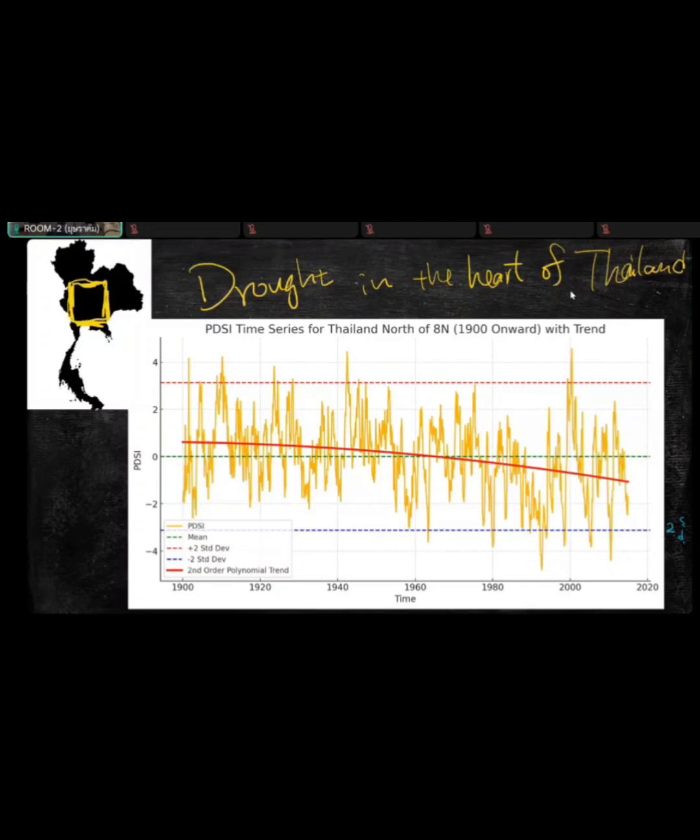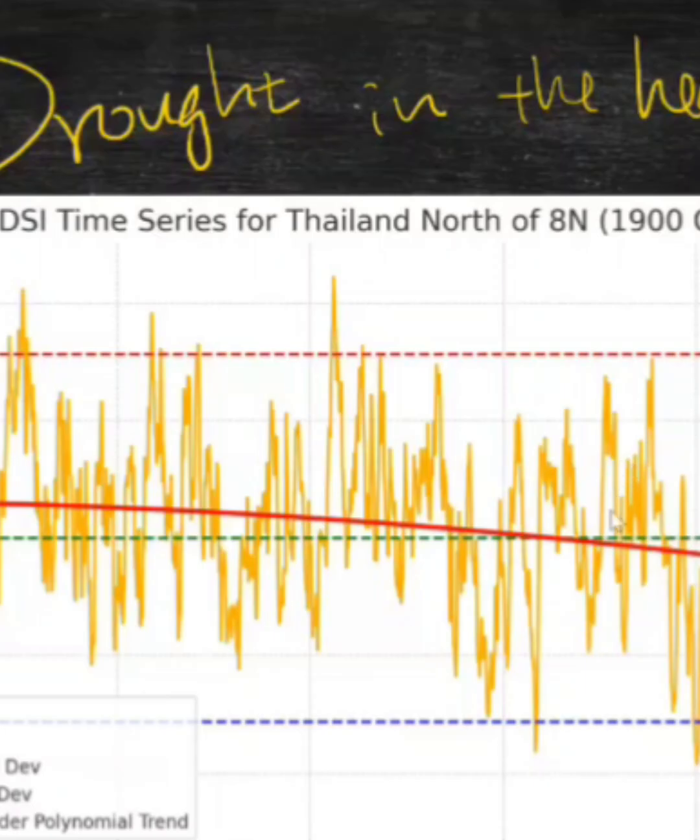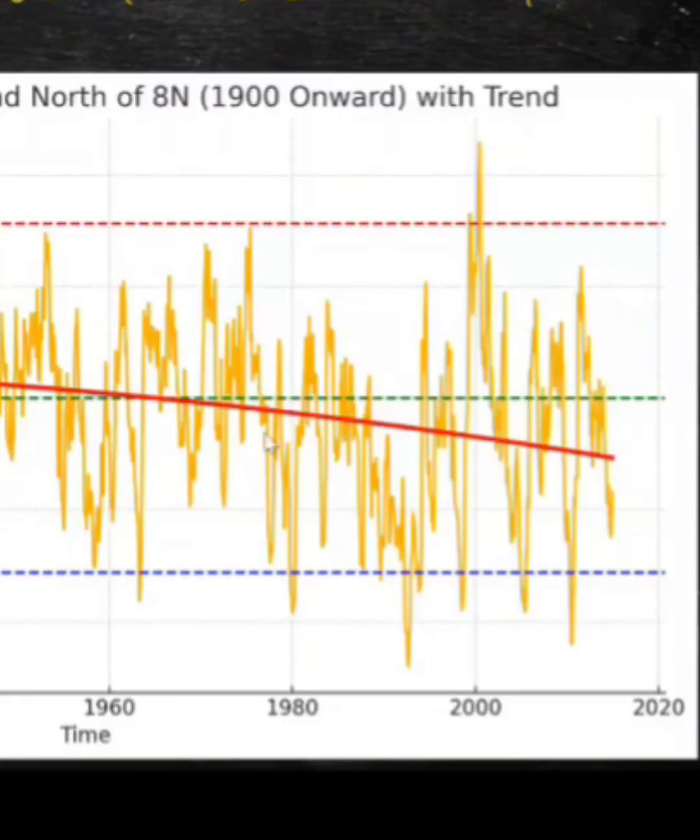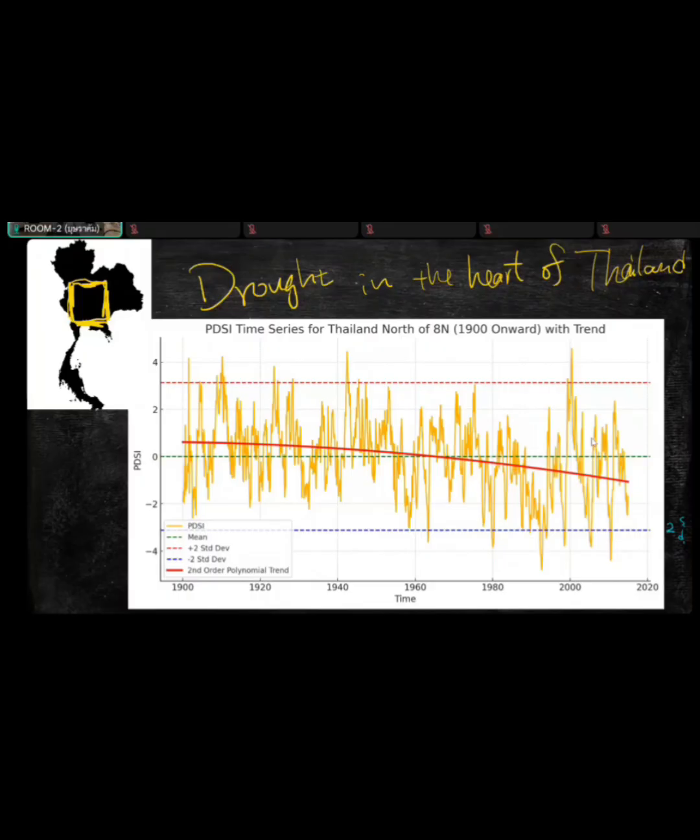There are two. First of all, there's a fluctuation that contains multiple frequencies. We see this very sharp edge. This is monthly data, so you see this interannual, year-to-year variability that presents this very sharp edge. But you can also see slow-changing variabilities running for about 10 to 20 years. This is very characteristic of drought because soil moisture is like a coffee filter, right? It filters all the noise and then it drips out low frequency signals. So if we understand this signal, it can help us to predict drought.